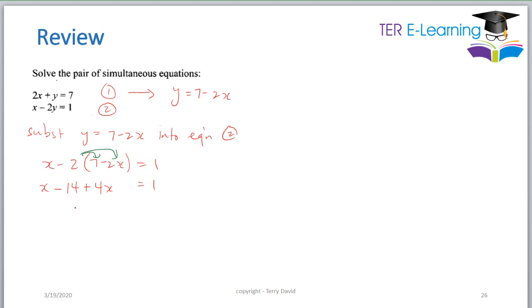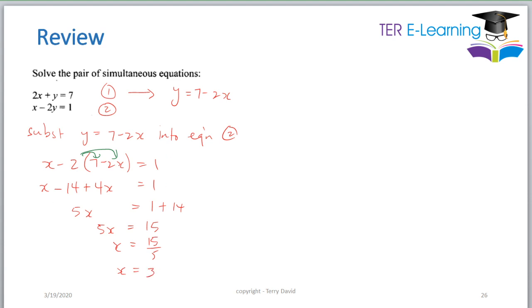So x plus 4x gives me 5x, and I move the minus 14 to the side. So therefore 5x equal 15, and therefore x is equal to 15 over 5, and therefore x is equal to